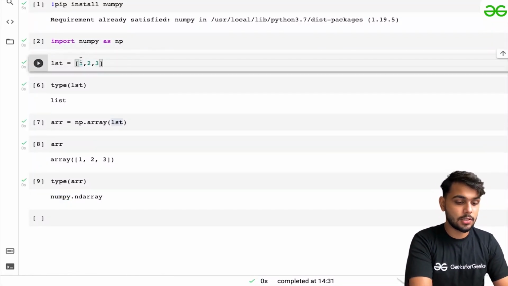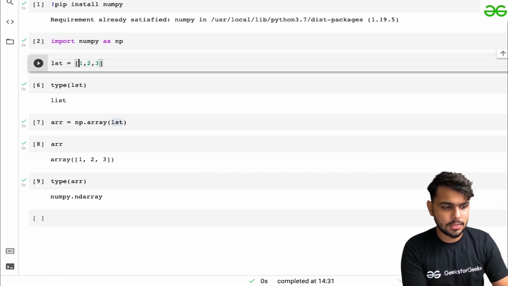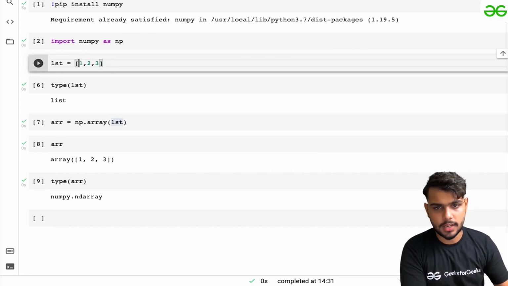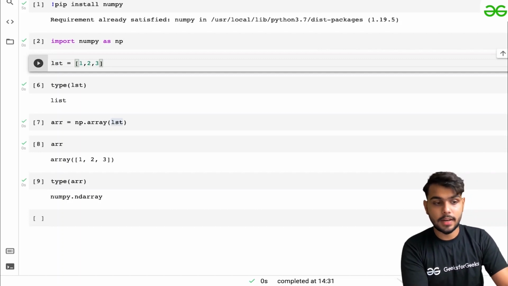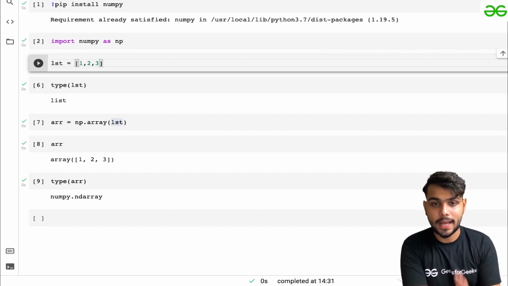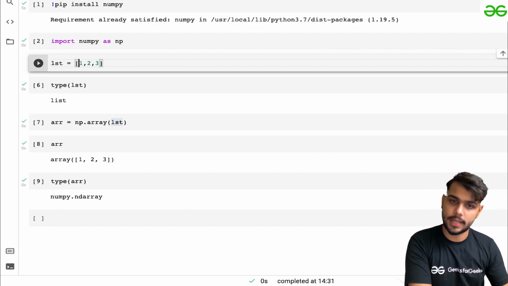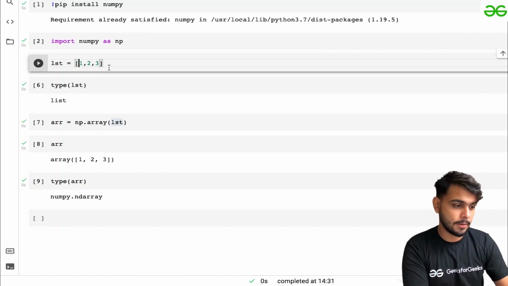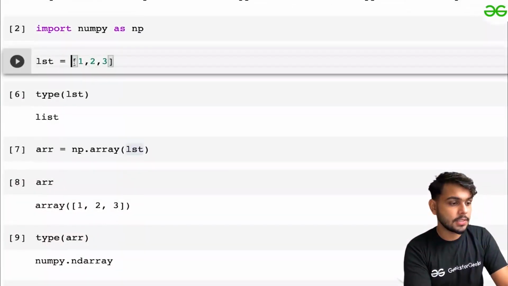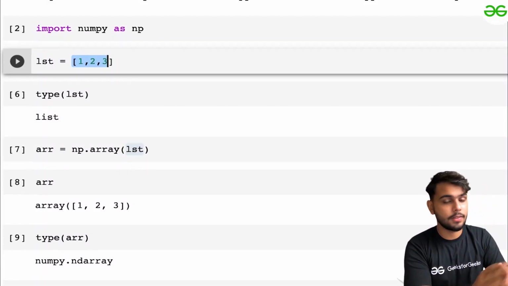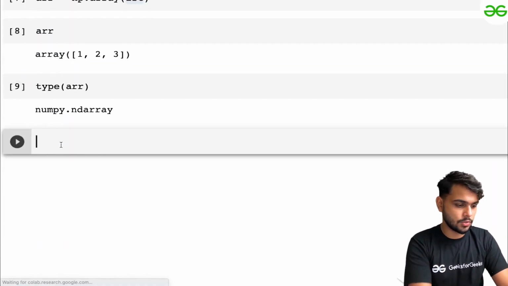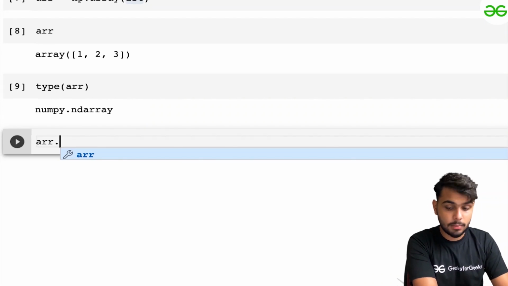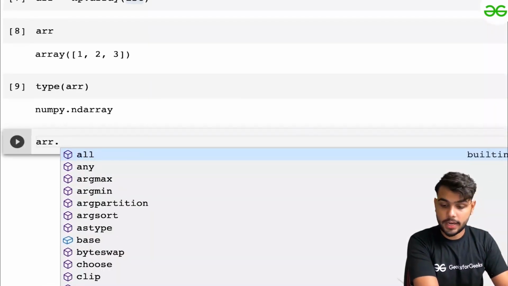If let's suppose the list is two-dimensional, you can even go for that as well. That will display you a two-dimensional array. Simple. So this is what we have discussed about how to convert a list into an array. Clear? After that we are having how to check the dimensions of the array. Now in this case the dimension is one dimension only, because we are having 1 2 3 elements in the same dimension. So what I can do, I can write this arr, which is my array, and I will write